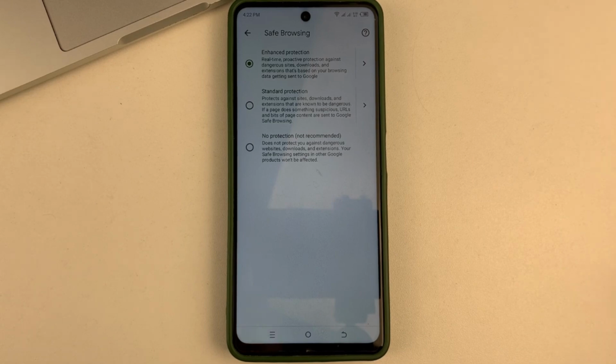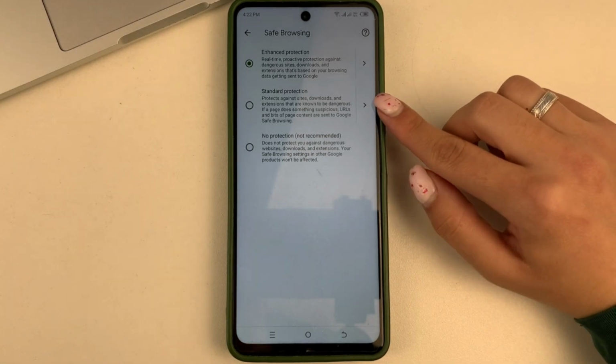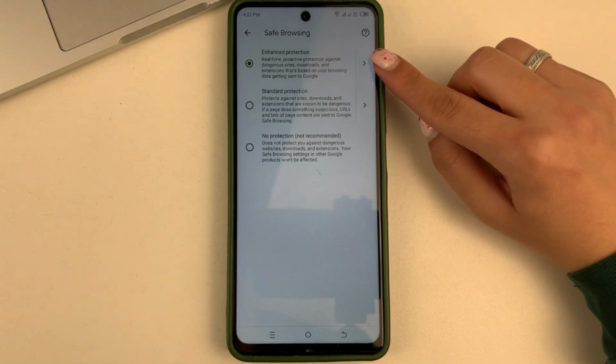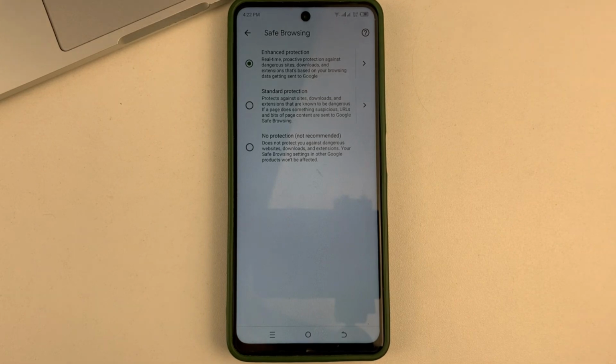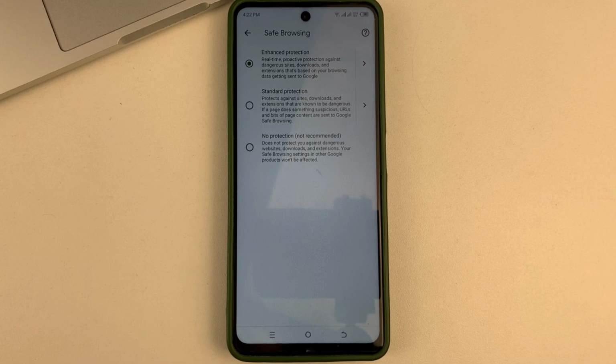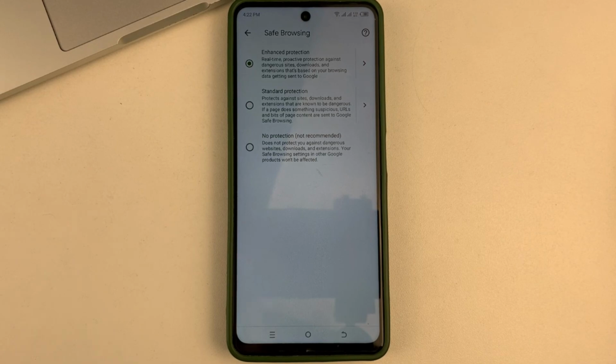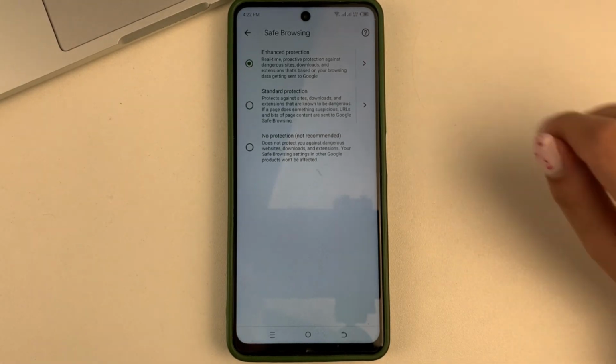And here you'll see 3 levels of protection, so to speak, for browsing. The lowest one is No Protection, followed by Standard Protection, as well as Advanced. Most importantly, never choose No Protection because then various dangerous sites will prevent you from using Google Chrome. You choose either Standard Protection or, especially if you have children, then Advanced Protection.